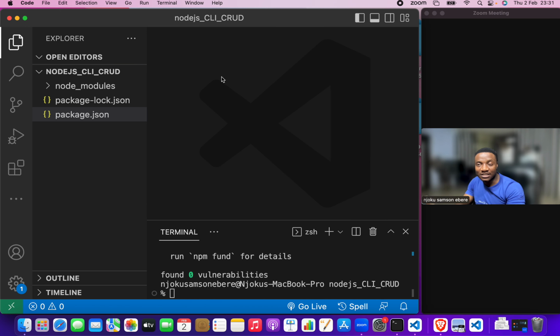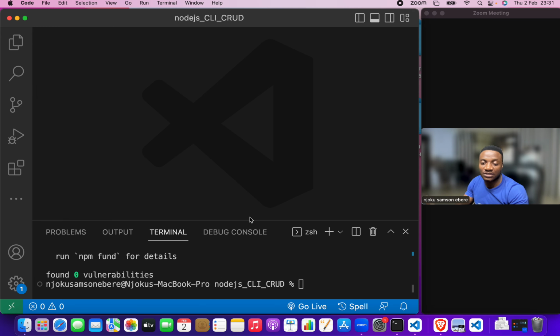We are now ready to start creating files and doing some other things here. So the first thing we might want to do is to create files that we'll be working with. In this tutorial, we'll be working with a bunch of files. But how do we create these files? Now, to create a file,